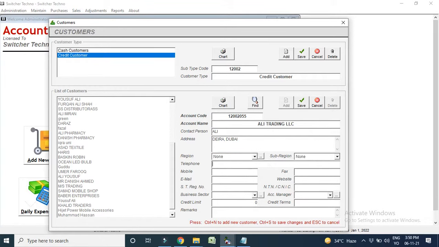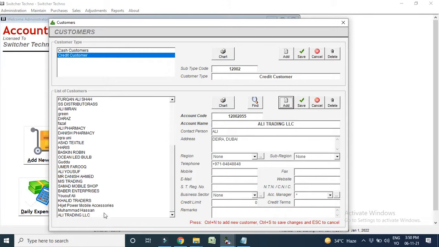You can add the telephone number, for example +97 and the number XYZ. Alright, mobile phones, you can add fax. You can add the credit limit as well, for example if you want to set an appropriate credit limit, so that an invoice will not increase more than 1000 dirham or 2000 dirham. You can fix the limit as well. Alright, so I just save this. When you save this, your customer will be added to the list in this form.